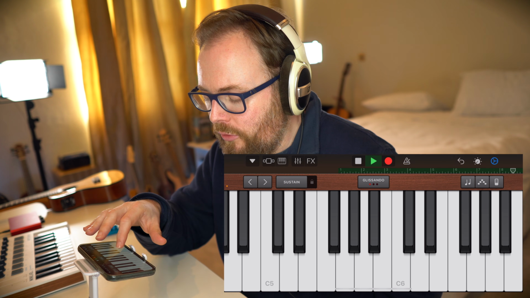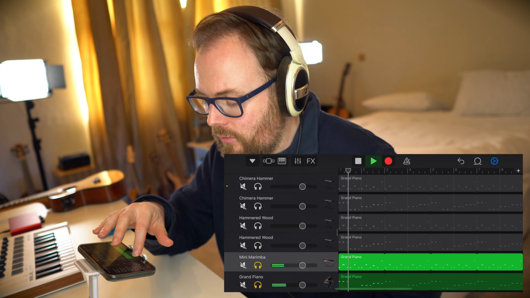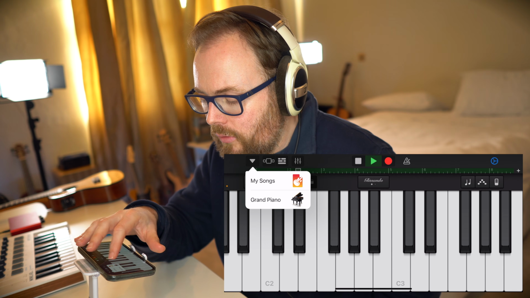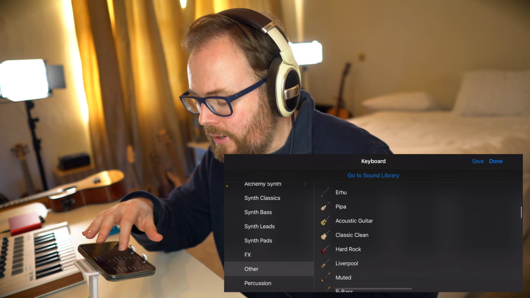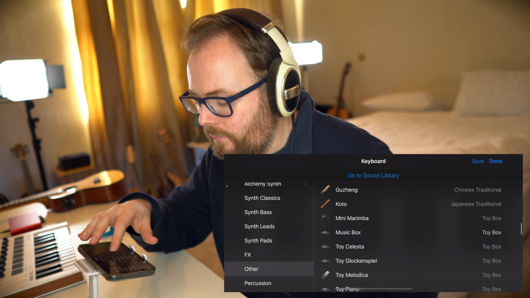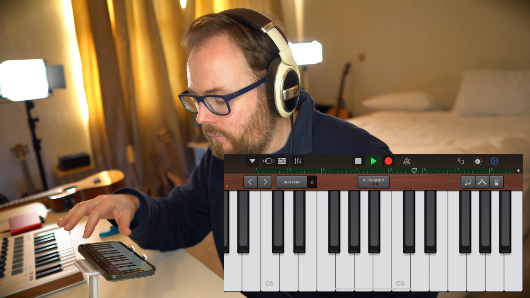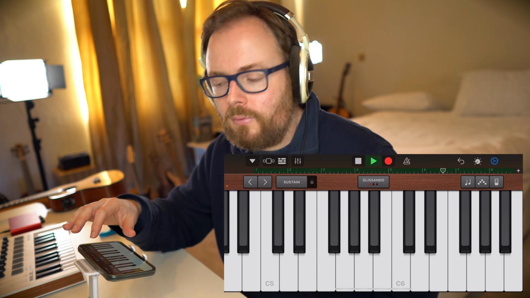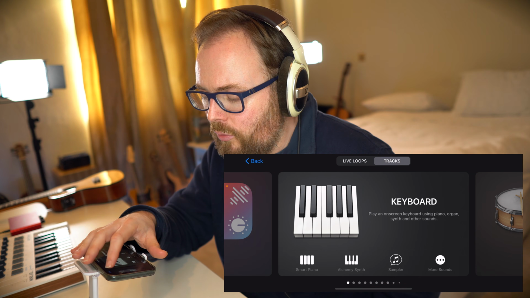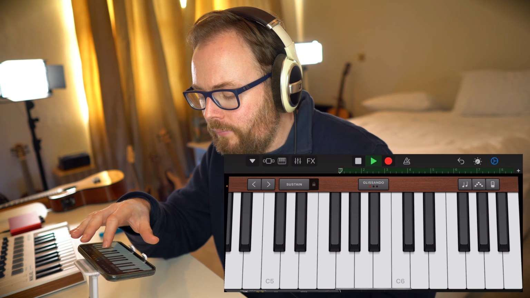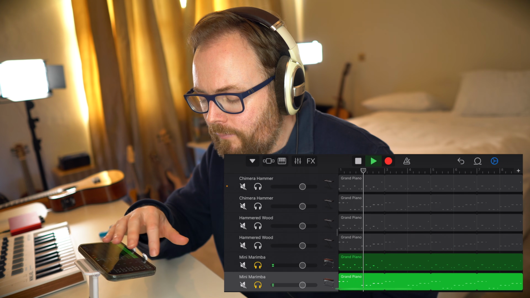And again, we'll do that with the bass one as well. Grand piano, go down to other, mini marimba, and all of a sudden, if we go back into our song, and we can hear all of them at the same time,